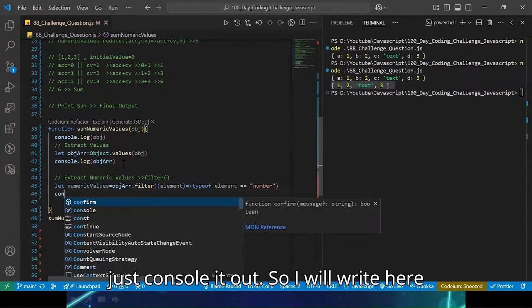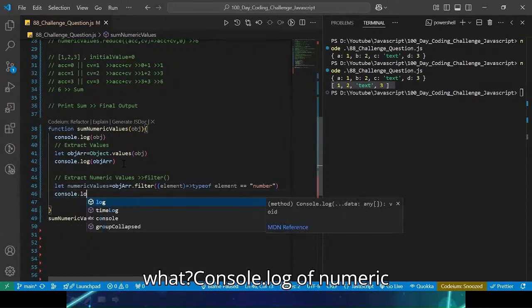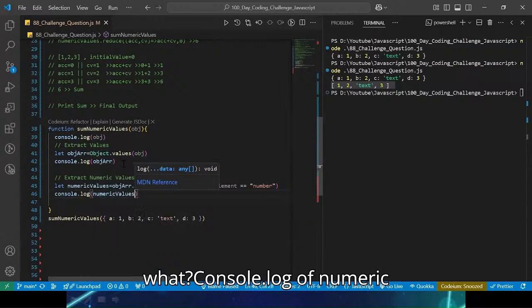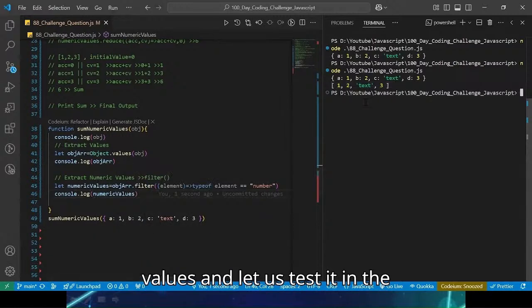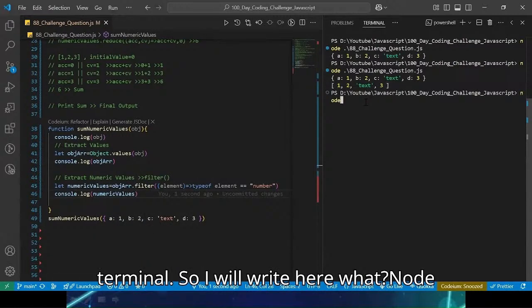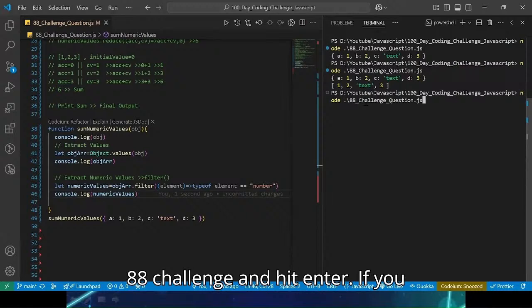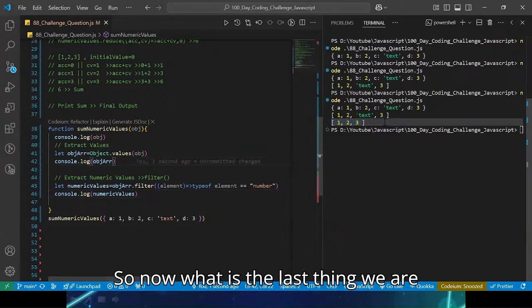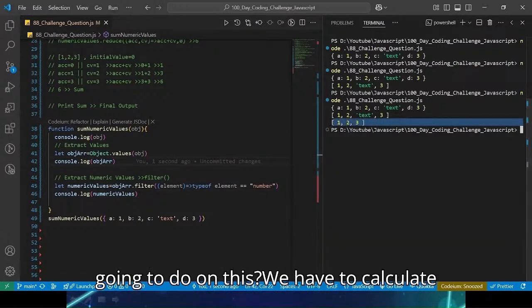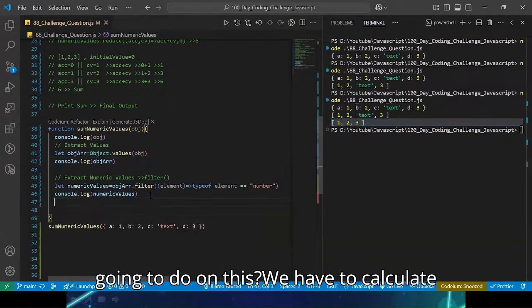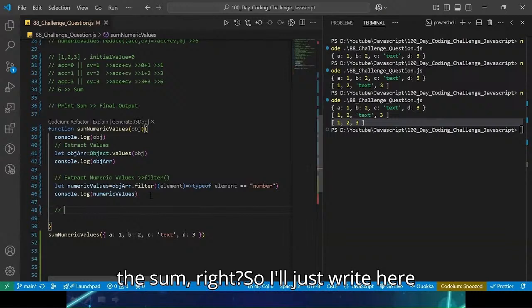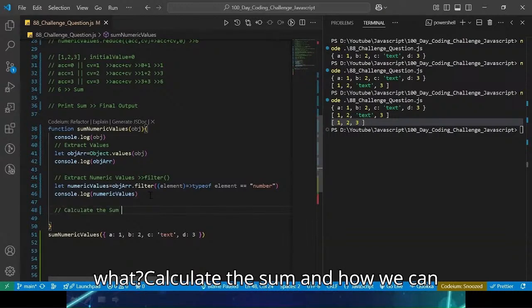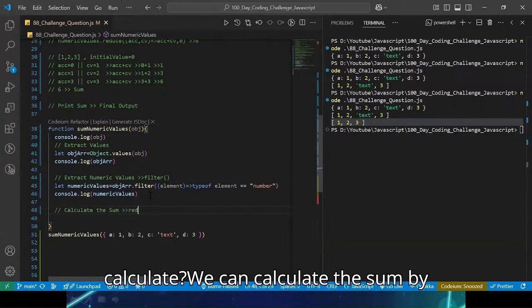So let us just console it out. I will write console.log of numericValues, and let us test it in the terminal. So I will write node 88 challenge and hit enter. If you see, from this we are getting just our numeric values, right? So now what is the last thing we are going to do on this? We have to calculate the sum, right? So I'll just write here calculate the sum. And how can we calculate? We can calculate the sum by using